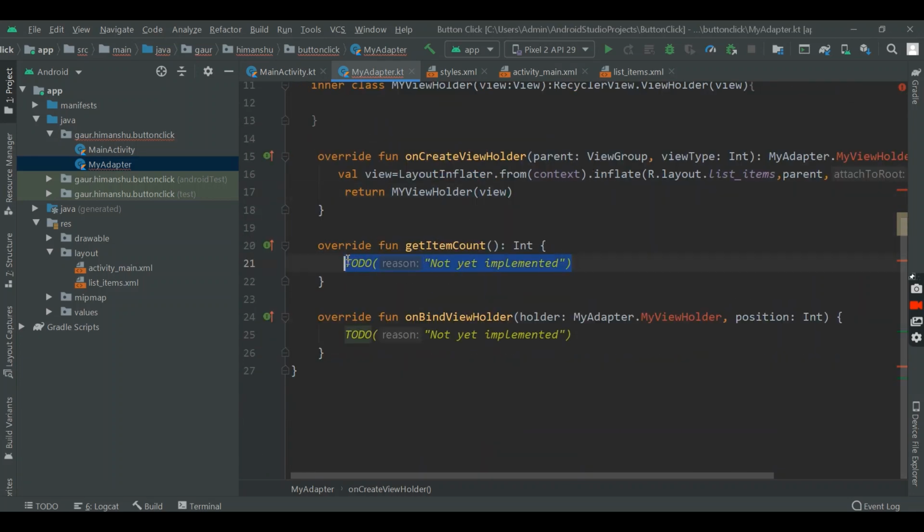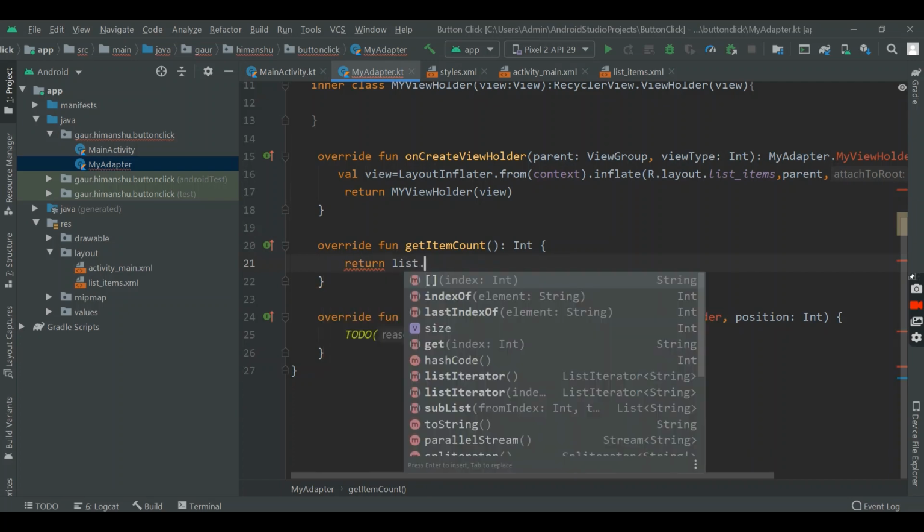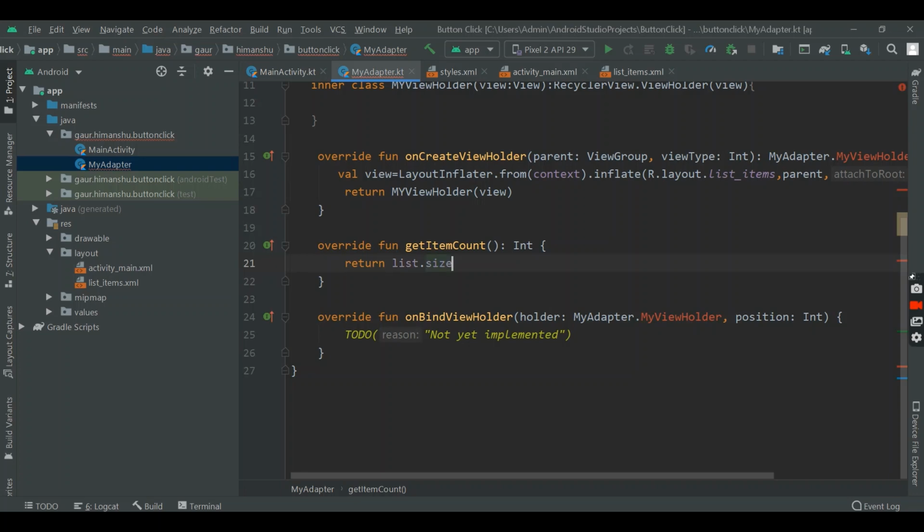Now here I can return our list size. So return your list size.